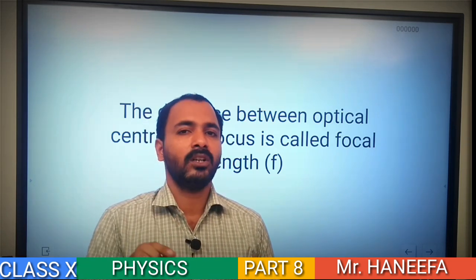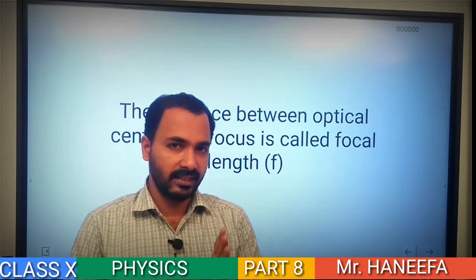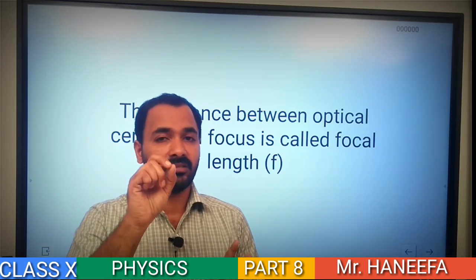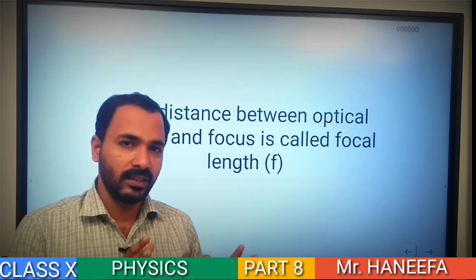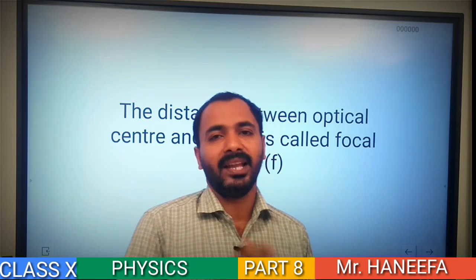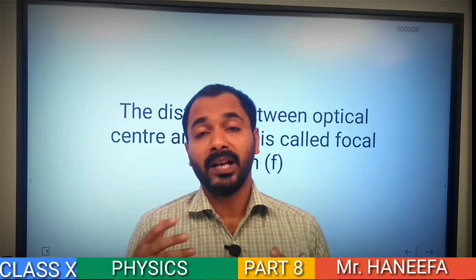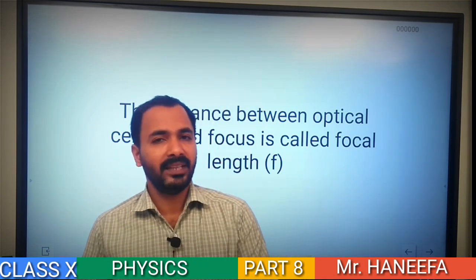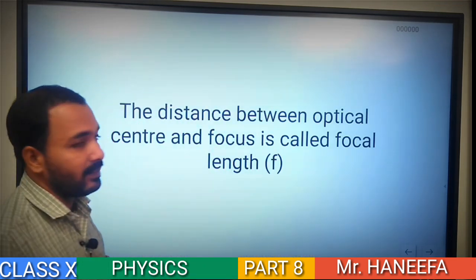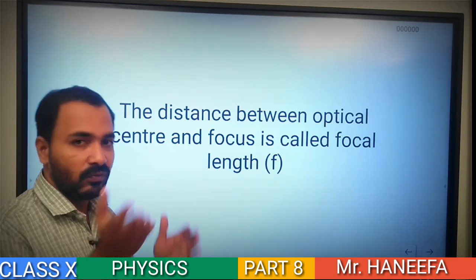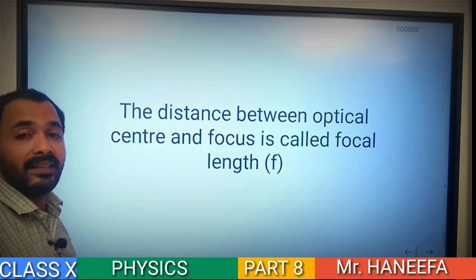If a lens is the part of two spheres, or if a lens is the part of a sphere, such lenses are called spherical lenses. Spherical lens has a center. That center is called optical center. The sphere has two centers of curvature, C1 and C2. They are called centers of curvature. What is the principal axis? The line passing through the optical center and centers of curvature is called principal axis. Then we discussed what is principal focus in the case of convex lens and concave lens. Next, at the last we discussed what is focal length.